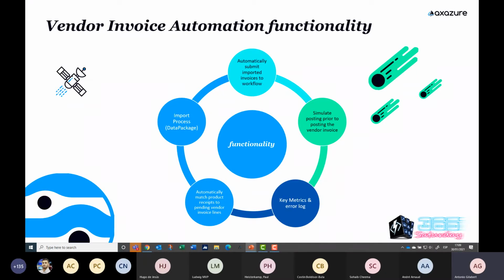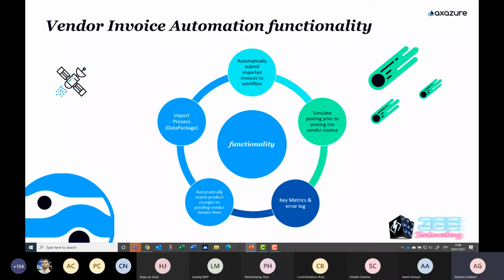The key thing that is really interesting in this integration is that you can have all the error logs and key metrics inside the ERP. There is a specific workspace where you can identify very well the results of the integration.